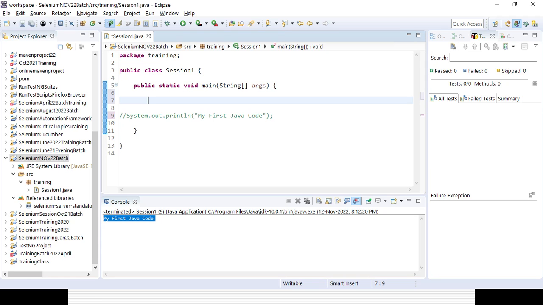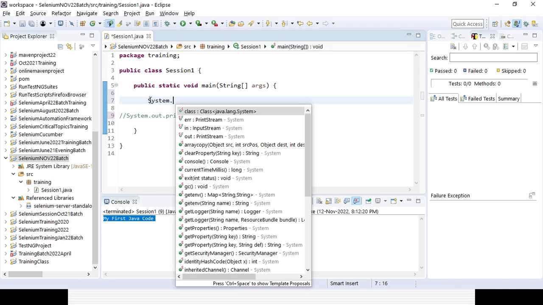As right now Java reference library is added to my project, so I need to call system, system dot. If you dot, system is a predefined class, automatically all the methods will come. So these are the methods. You could see from where it is coming. It is coming from the system class. This is the method name, and this is the return type, right?